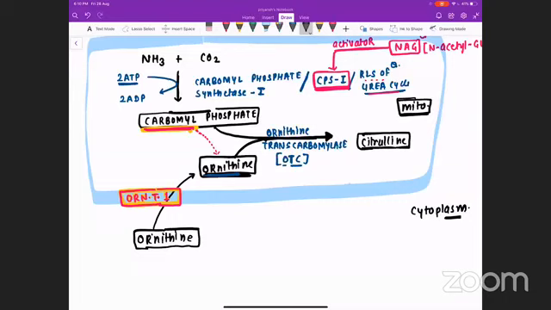So you can easily appreciate, I am giving the numbers of the reactions. The first reaction, CPS1, occurs in the mitochondria. The second reaction, with the help of OTC, is also occurring in the mitochondria. So the first two reactions of the urea cycle occur in the mitochondria. Then the citrulline molecule will come out from the mitochondria all the way back to the cytoplasm.